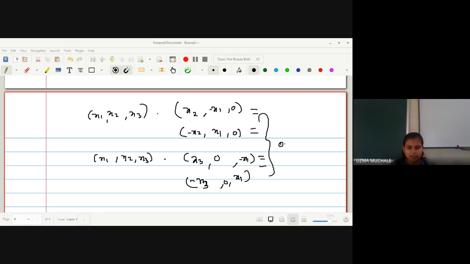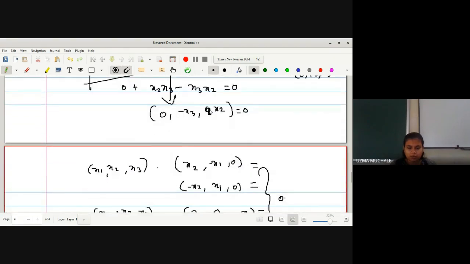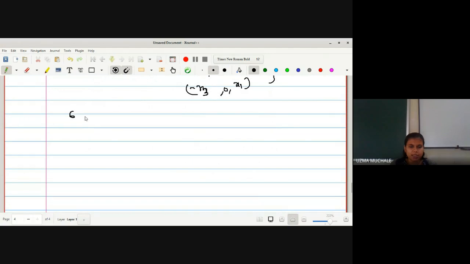Only 6, right? These ones are 1, 2, 3, 4 and these are 2 more. Okay, so total 6 possibilities. But even in these 6 possibilities we have not fixed x1, x2, x3. Okay, so there are so many possibilities so that I can choose what x1, x2, x3 are. If I fix x1, x2, x3 as 1, 2, 3, then the corresponding tangent vectors will also change, correct. And suppose I have fixed x1, x2, x3 as minus 2, 3, and 5, then the corresponding tangent vectors will be changed.